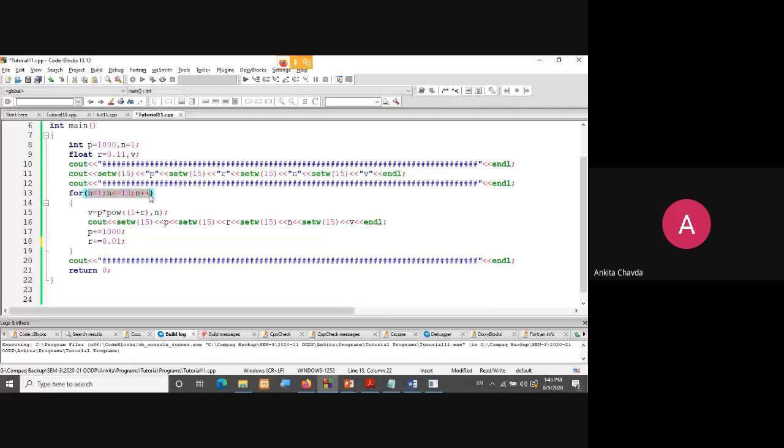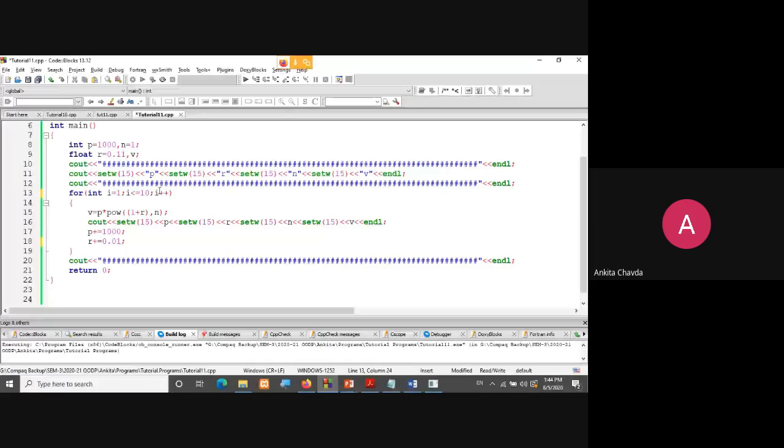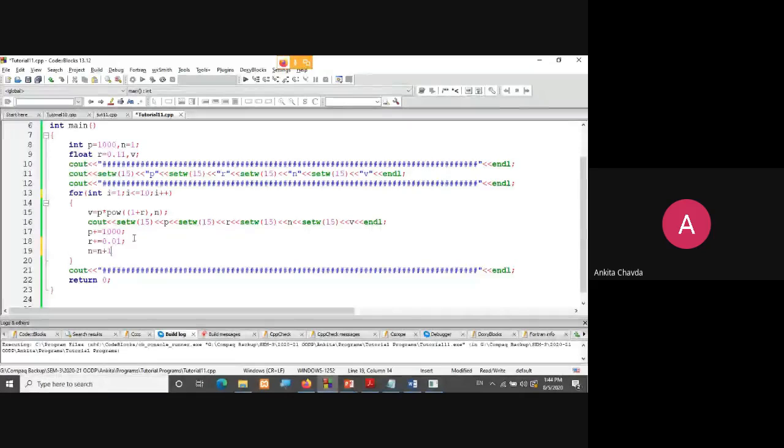If I have taken another variable over here like integer i is equals to 1, and then i is less than or equals to 10 and i plus plus, this is some other variable. So at that time it is required to write n is equals to n plus 1 over here. Fine, because all these three need to increment by some value, n by 1, r by 0.01 and p by 1000.